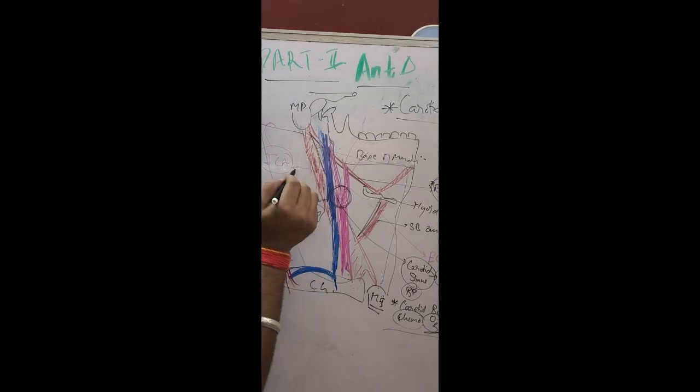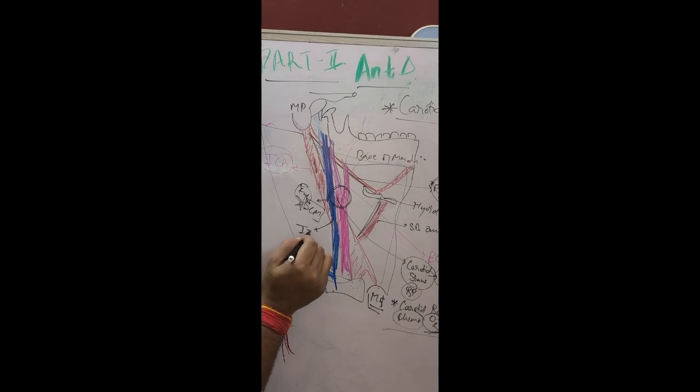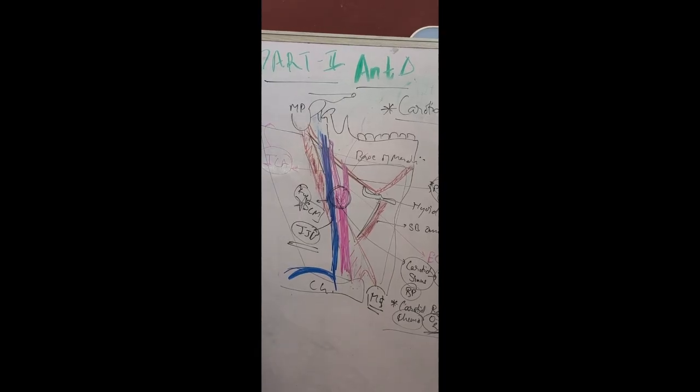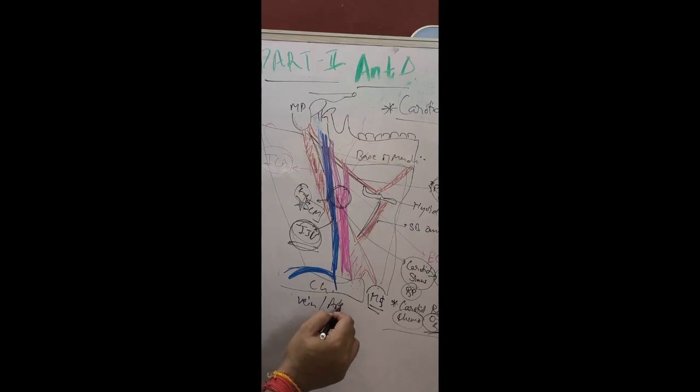Furthermore, the internal jugular vein is very important. Why? Because when we do catheterization or venipuncture of the internal jugular vein, and there are so many procedures related to either the internal jugular vein or the artery. For the artery, we do arterial catheterization, as well as removing plaque from the artery. So in these procedures we should be careful.